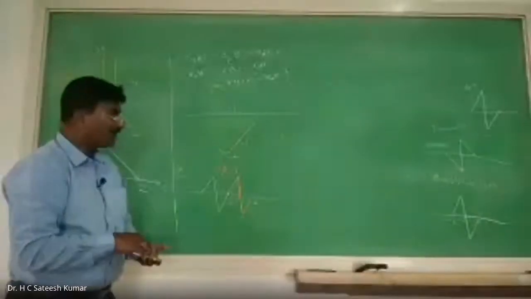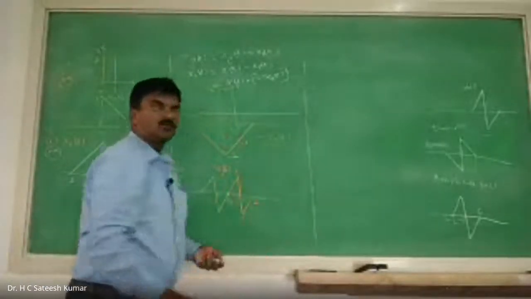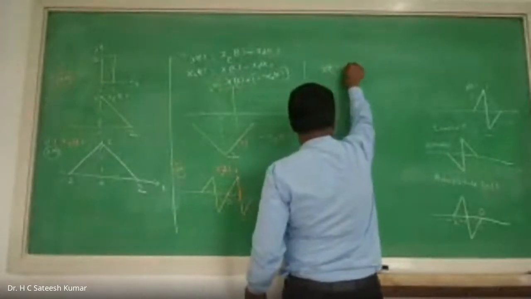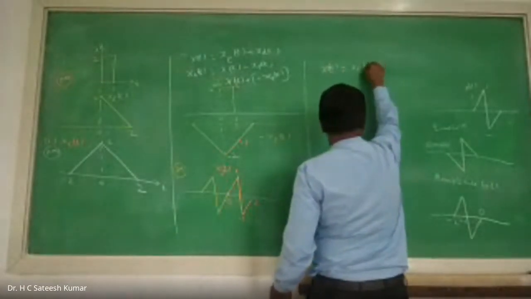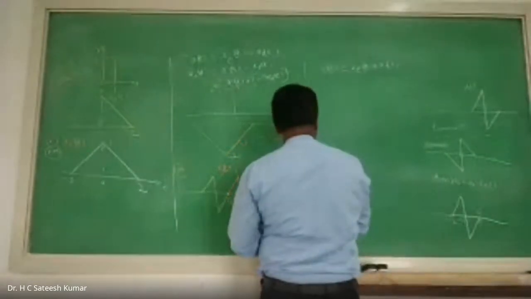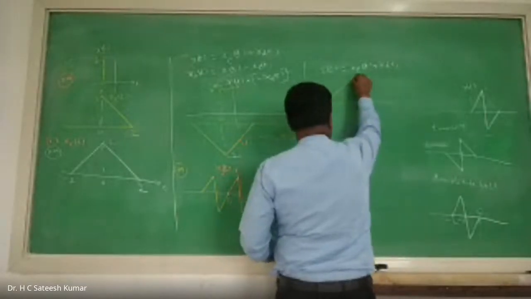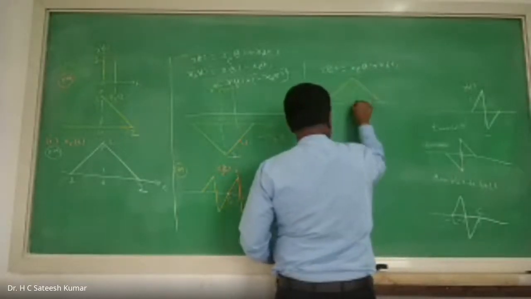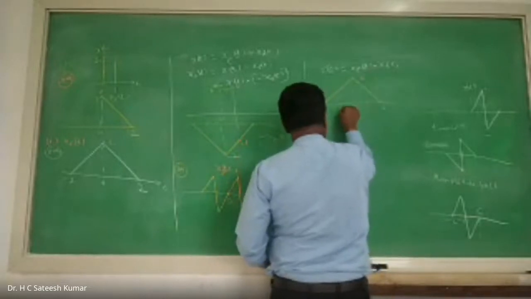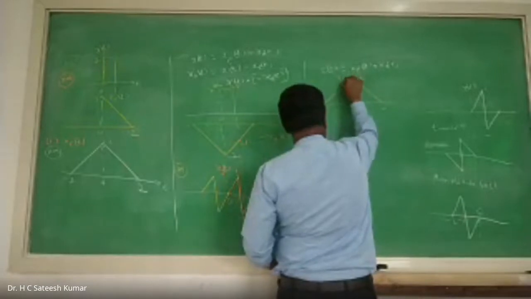What is that? Complete the signal is said. How to complete the signal? Because we know that x of t is nothing but equal to what? X of t is equal to xe of t plus xo of t. Add these two. Xe of t is nothing but what? Xe of t is nothing but symmetrical about the origin. This is 0, 1, 2. Its amplitude is 2. -1, -2. This is your xe of t.